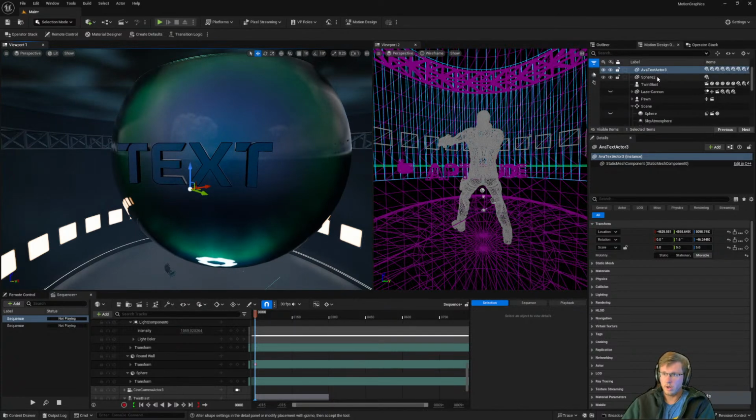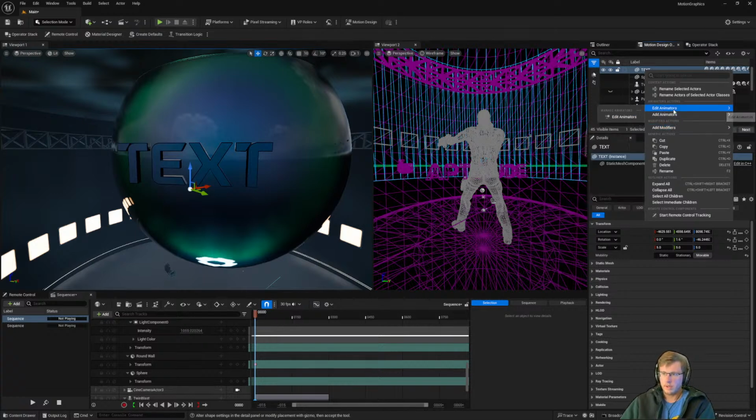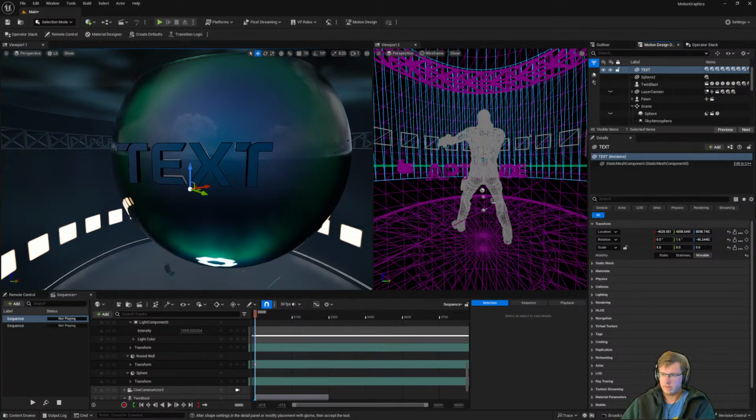Oh, here it is, to the top here. Oh, it still has the previous name. I'll rename it, and then you can add modifier. Add modifier. Huh? Bend? Ready to go.